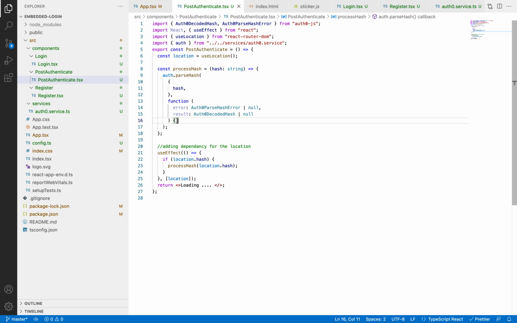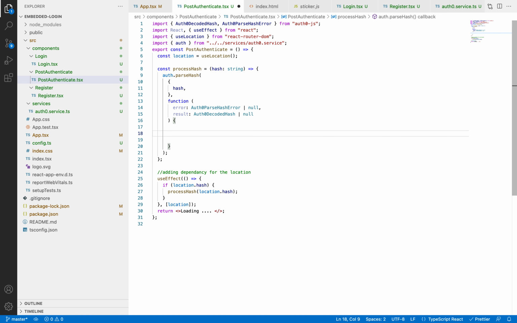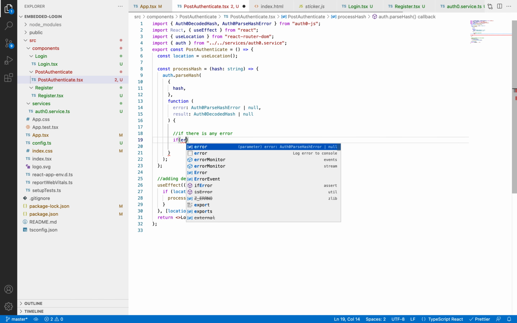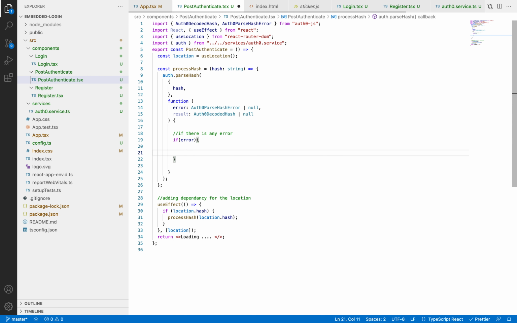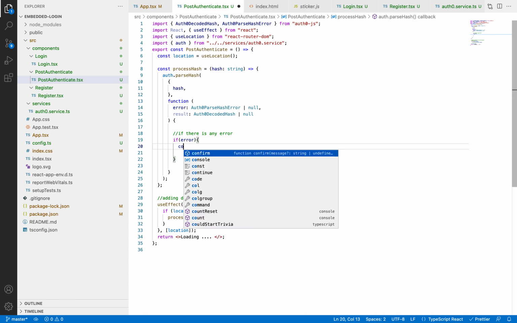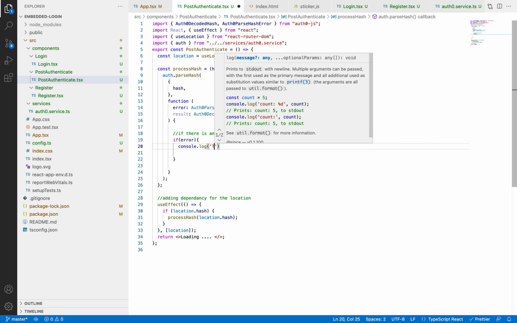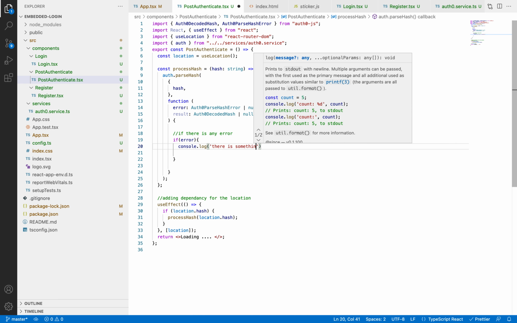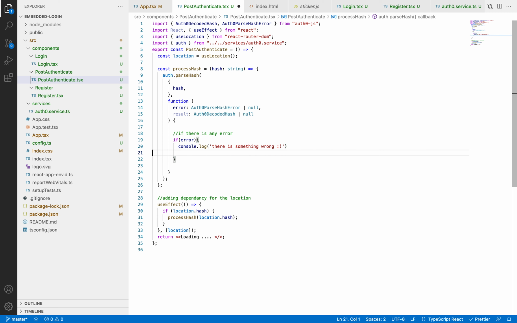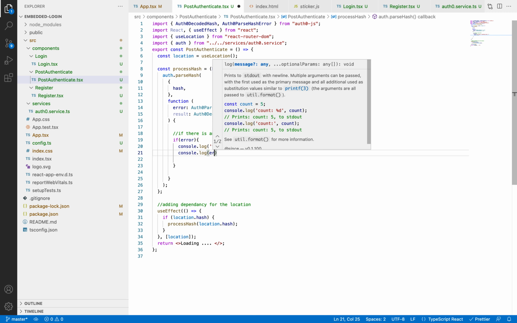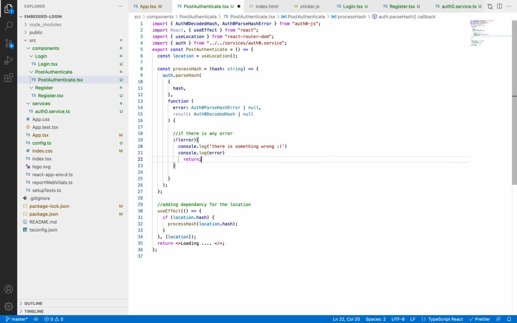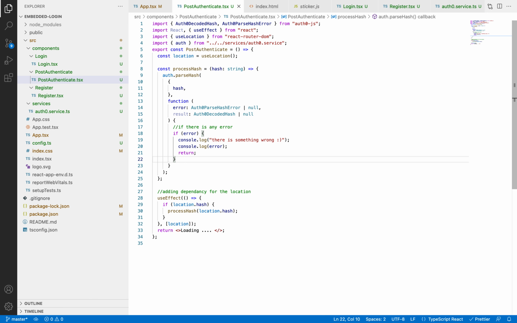So inside the callback, what we have to do is first check for the error. If there is any error, there is something wrong, right? And we have to log the error as well and just return. But if there is no error, then obviously we will get all the decoded hash, right? So if